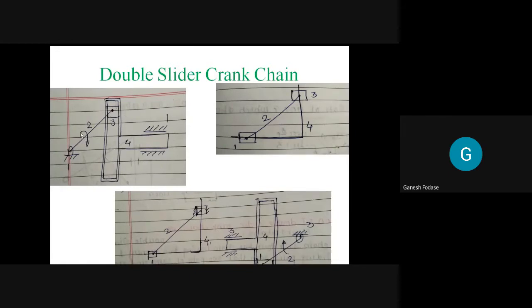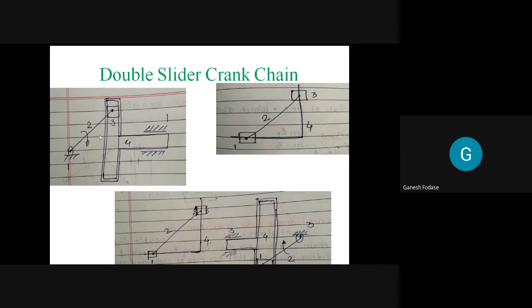You can see when this link 2 is rotating in a clockwise direction, this link 4 will move forward. Further, when it moves beyond some angle, then link 4 will retract back. So forward and reverse motion of link number 4 is possible inside link number 1. And of course, the prismatic pair is there between link 1 and 4. So you can see the pairs here. Link 1, which is fixed, forms a prismatic pair with 4. Here it is a sliding pair.